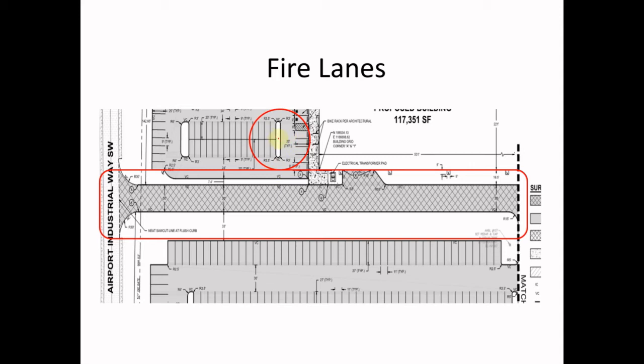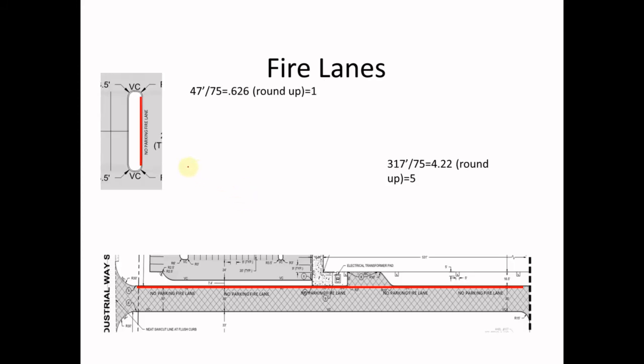So we're going to use these two areas highlighted here, one in the circle and then one in the long rectangle, as examples of how to apply the fire lane provisions. So I've gone ahead and done the process here, and we're just going to walk through it. Ultimately, you take from your civil drawings wherever I have designated as being fire lanes,